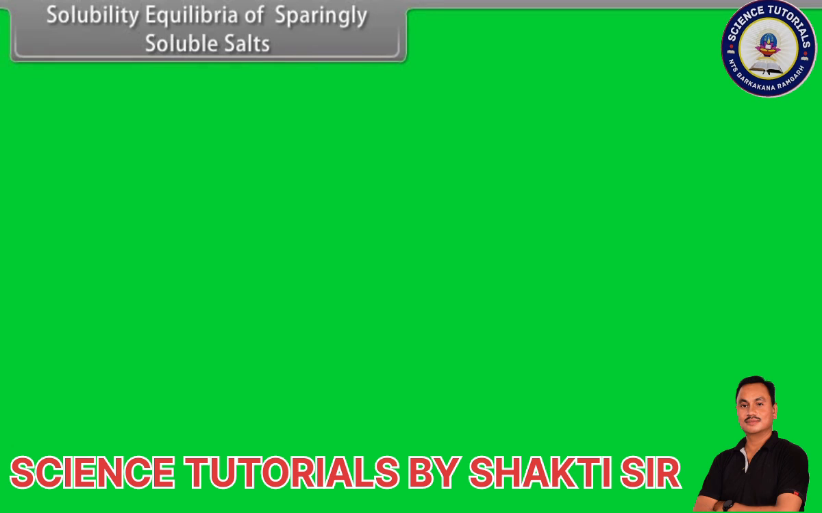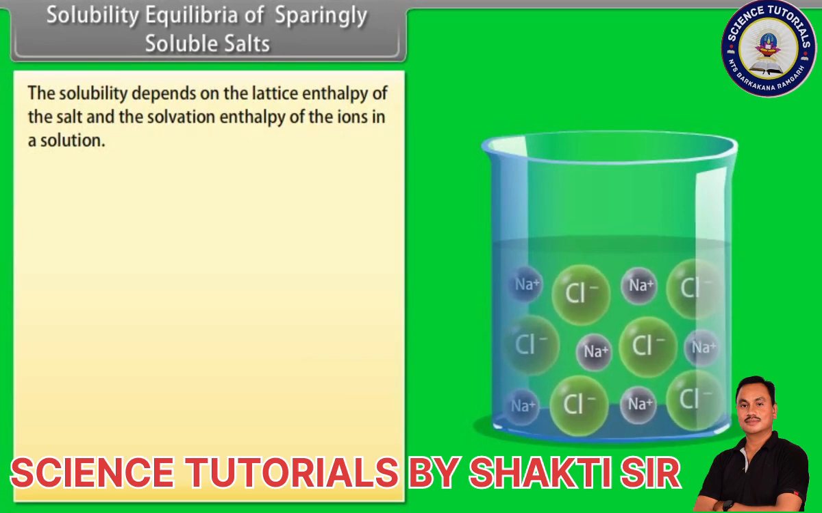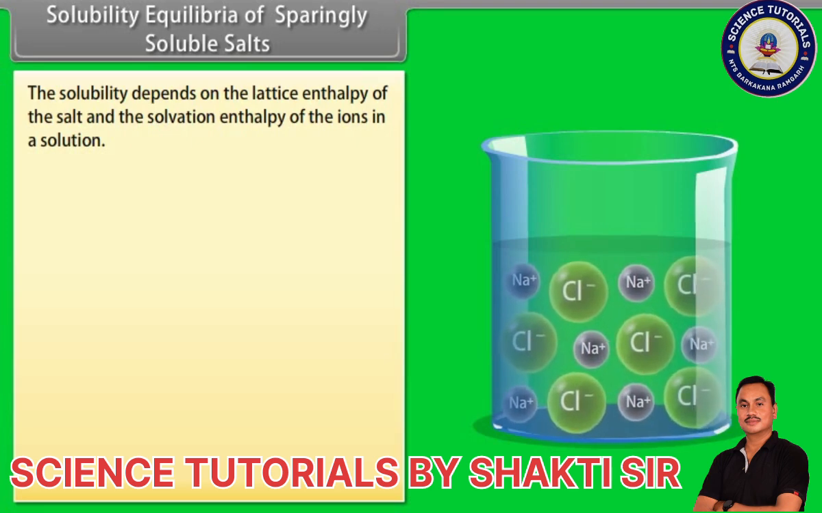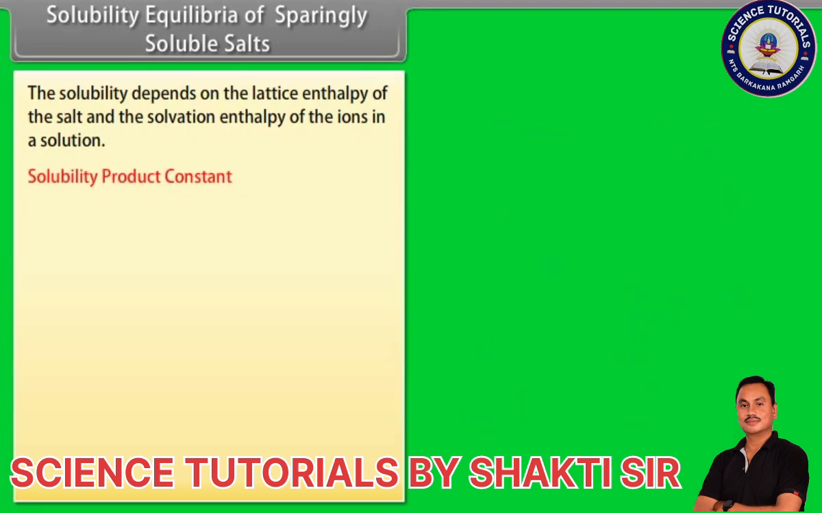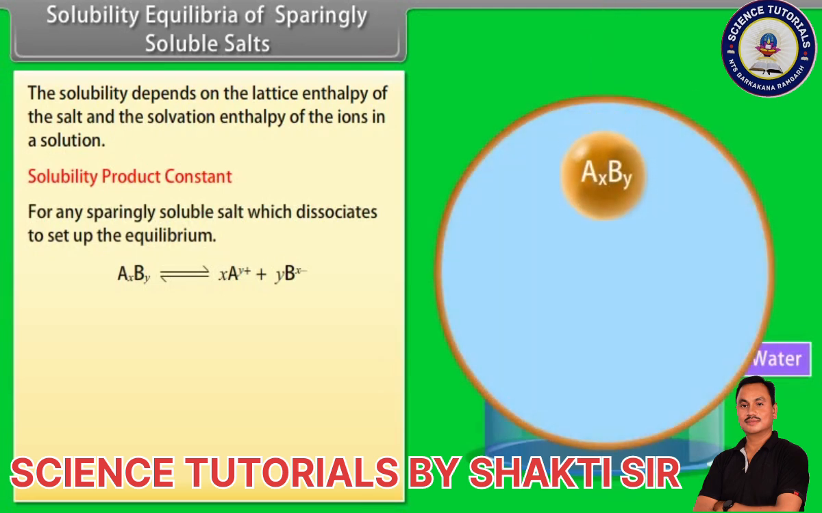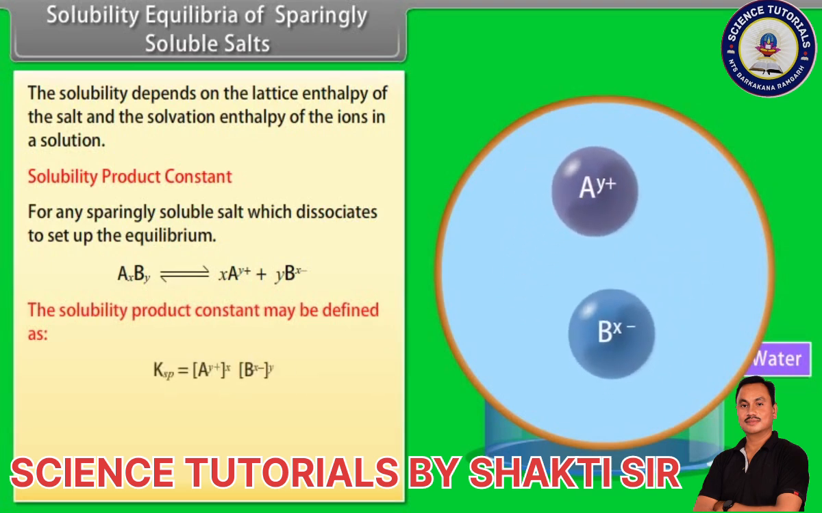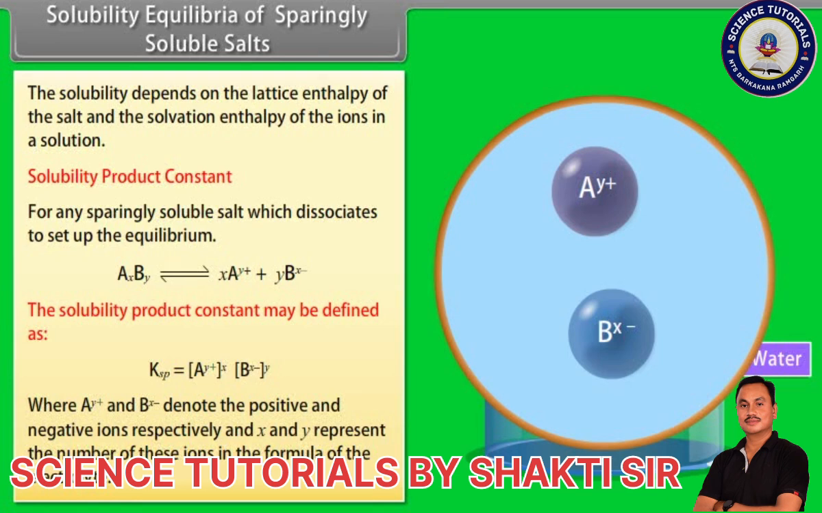Solubility equilibria of sparingly soluble salts. The solubility depends on the lattice enthalpy of the salt and the solvation enthalpy of the ions in a solution. Solubility product constant. For any sparingly soluble salt which dissociates to set up the equilibrium, the solubility product constant may be defined as the concentration of A^(y+) raised to the power x into the concentration of B^(x-) raised to the power y,